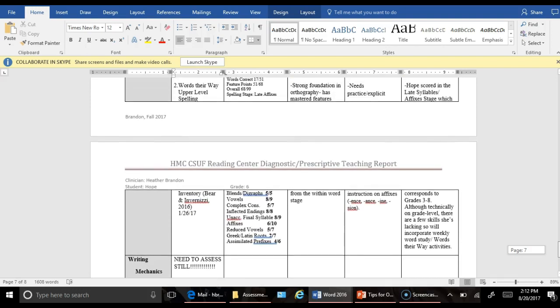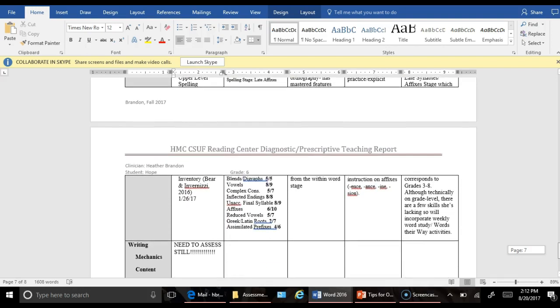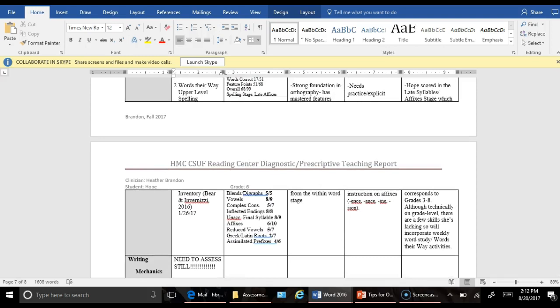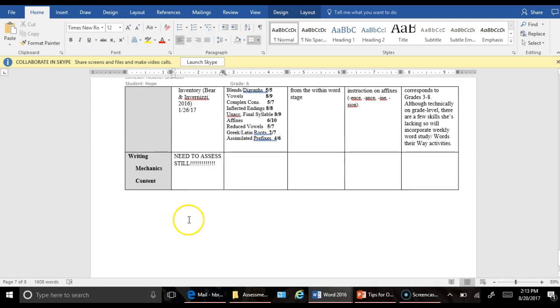So if I had to summarize the focus areas for this student, it would be definitely self-concept, word study as mentioned, deeper levels of comprehension, and then helping with rate as well. So those are the goal areas that emerged from the assessments given. As you see, I didn't give any writing assessment. So here I have the note I need to assess still, and you would want to do a better job and actually list what assessments you're going to be